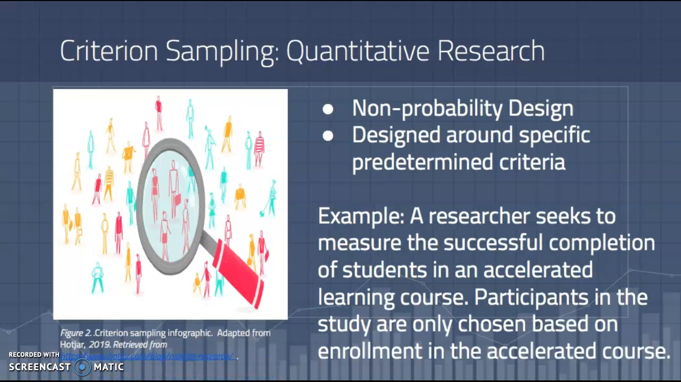Criterion sampling is a different one. So this is also a non-probability design, and it's designed around a predetermined criteria. So, for example, a researcher seeks to measure the successful completion of students in an accelerated learning course. Well, those participants in the study are only going to be chosen based on their particular enrollment in the accelerated